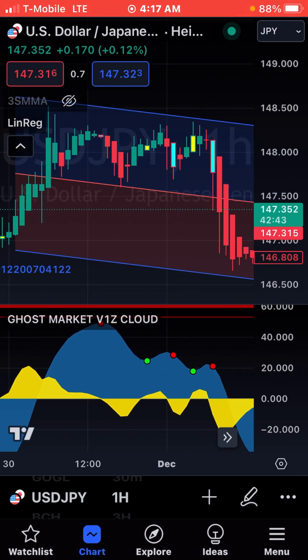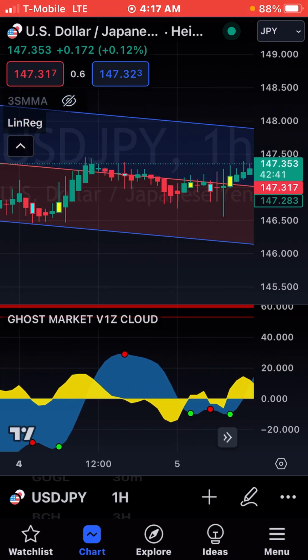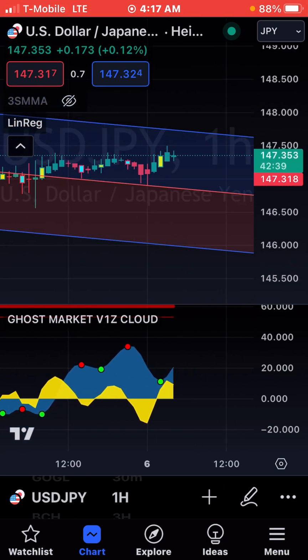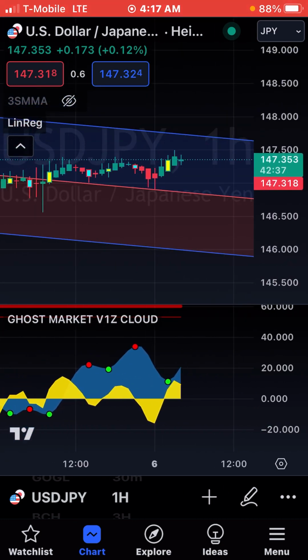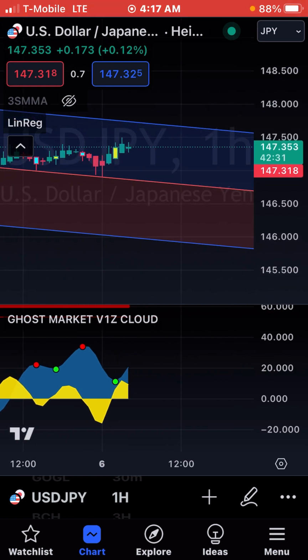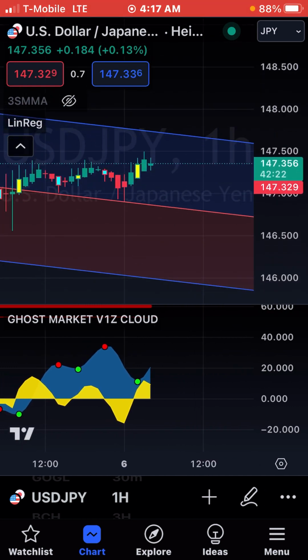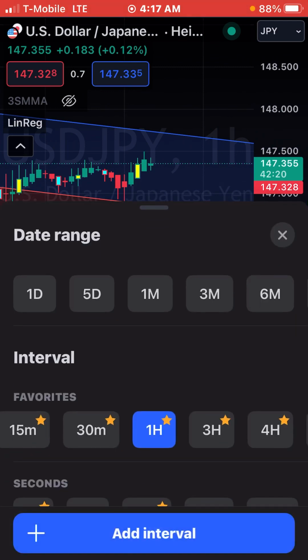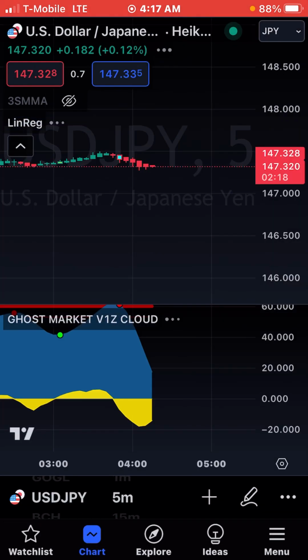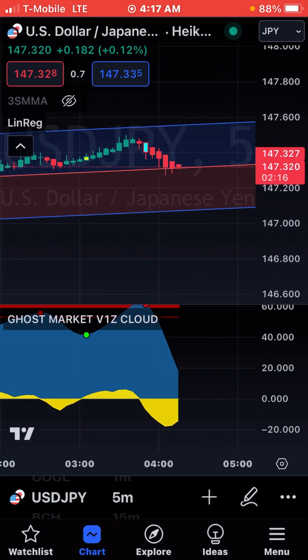So this is a very powerful tool to have with your indicators. This one, the line regression tool, and also the Gaussian channel are good ones. These are just basically good indicators to have. But anyway, it's because of this and looking at this on the 5 minute that I was able to make